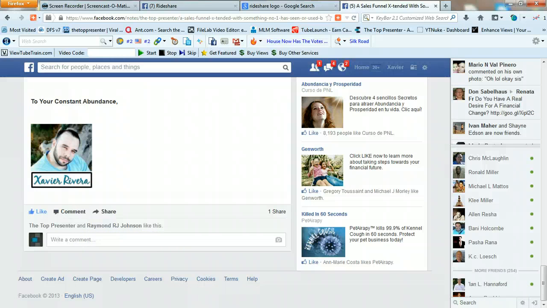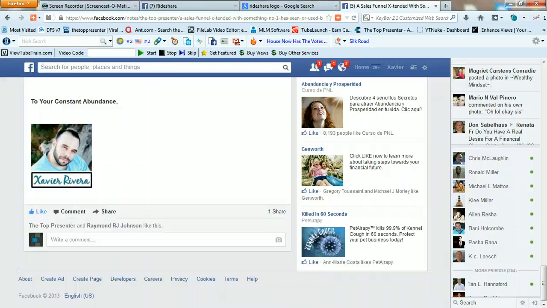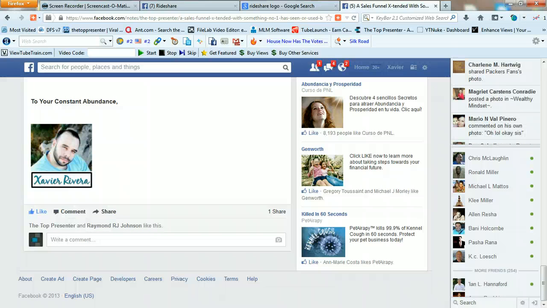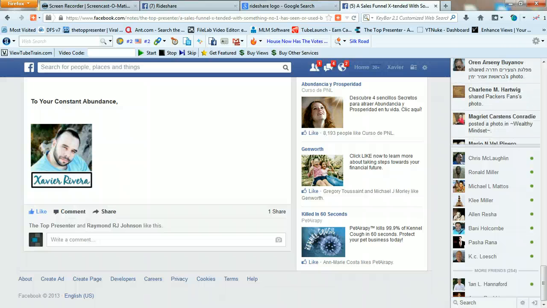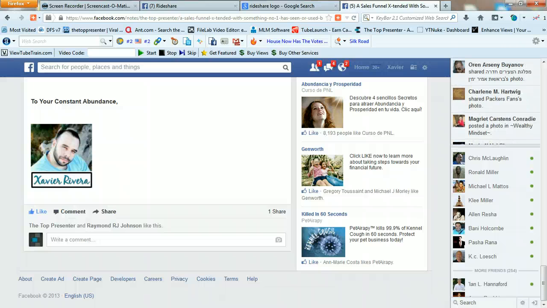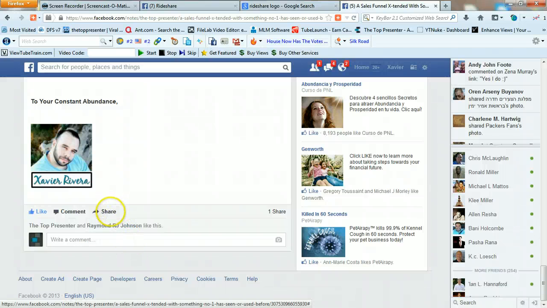You could get that social proof, and the more comments, likes and shares you get, the more Facebook starts to show you in the news feed, which is important, especially when your budget is limited and you're not doing paid advertising. You want to make sure your reach is going to reach as many people as possible. A good way to do that is you go ahead and click on